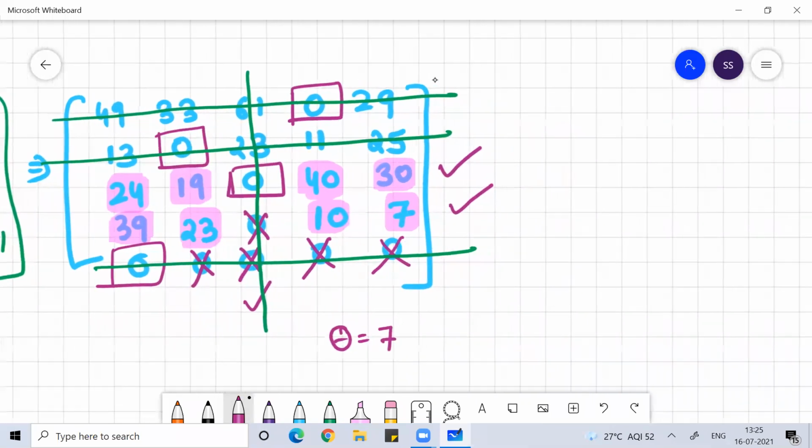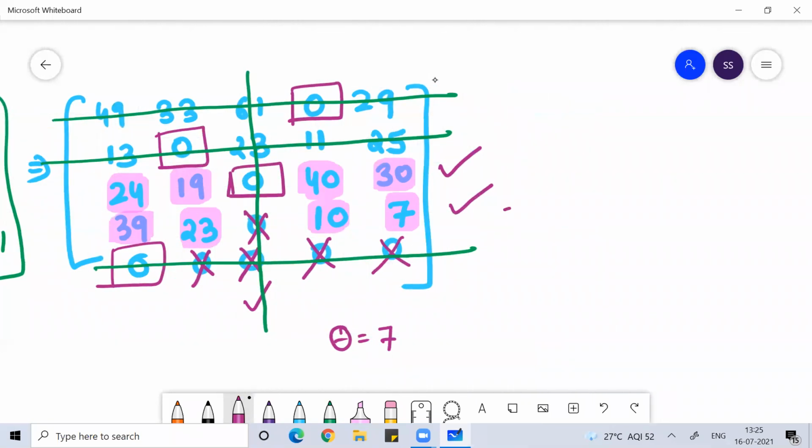Once you get theta as 7, then what you do, as in the last so many examples on the assignment problem, all the elements which are crossed once by the line, this green color line if you see, if it is bisected by the line only once, then do not change the element, leave it like that. 39, 39, 33.